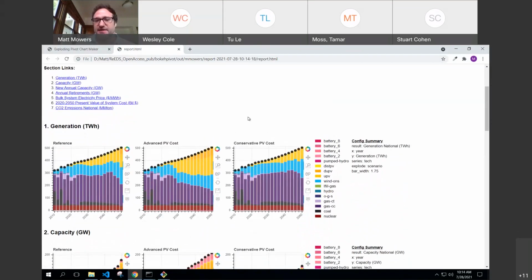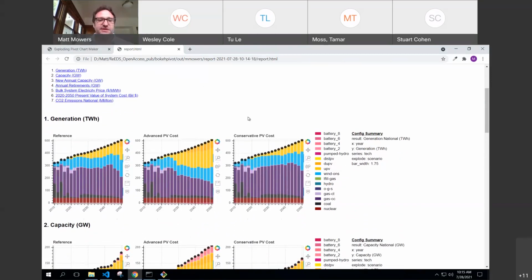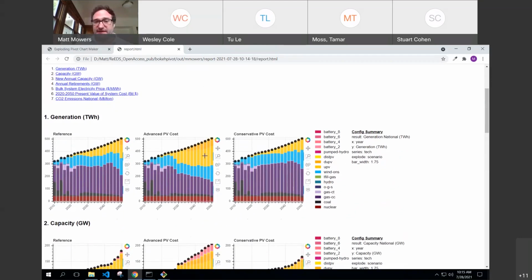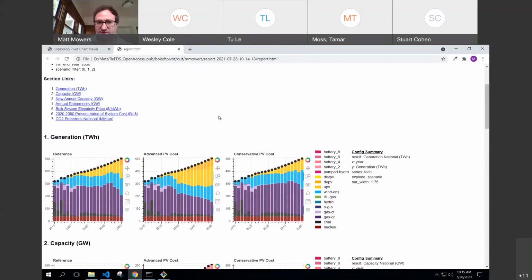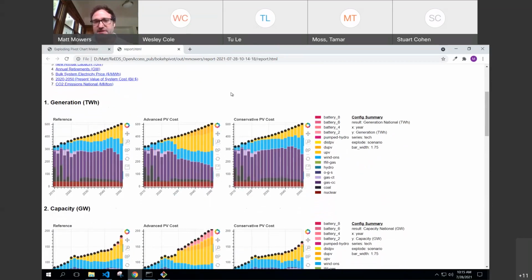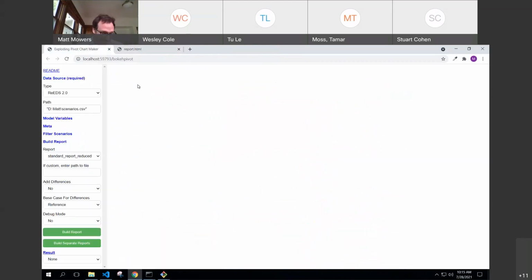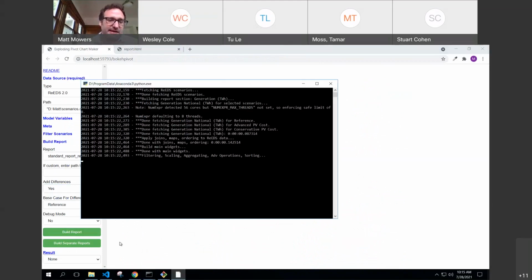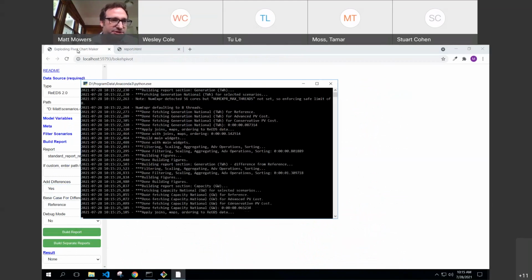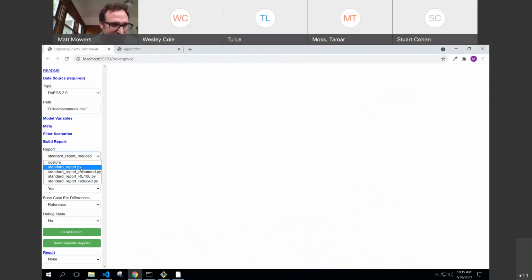So you can see from that I've now produced results that have the different cases. In this case, these are ERCOT runs, like I said, and I'm changing the cost of photovoltaics. Now I can add a difference report for this as well. So let's do that. And while that's running, I'm just going to launch a larger report, standard report. And in this case, I'm going to use this